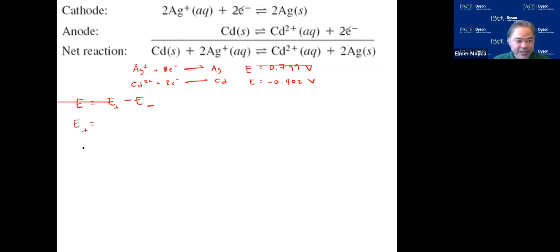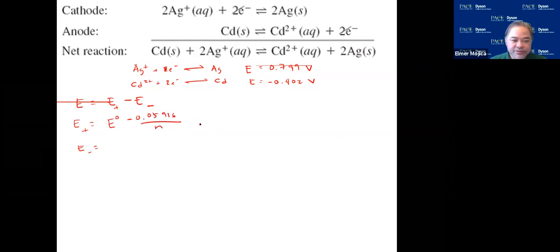So I can have E plus and E minus. So what is my E plus here? The silver or the cadmium? I'm going to do the long way and then later on the shortcut. Okay? What is my E plus here? The silver or the cadmium? So my E plus is the silver. So I can put this as this, okay, minus